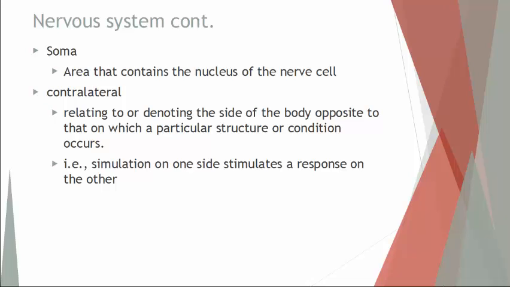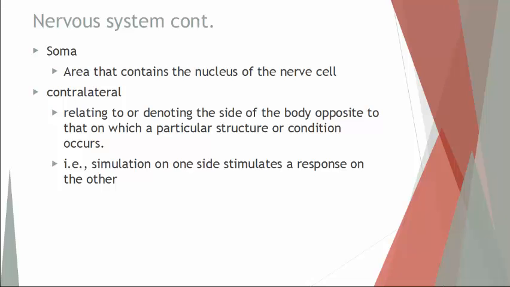There are two main parts other than the soma that you'll find in a typical neuron. You have the axon and then the dendrite. The dendrites are what take information from outside of the neuron to the cell body, to the soma, to be interpreted and to be processed. And the axon takes information from the cell body going away or outside of the neuron. So a good way to keep these two straight, A for axon, A for away. So this is how information gets relayed to the next neuron or to the target tissue or the target cell. So dendrites get information, taking it to the cell body. Axons take information away from the cell body.